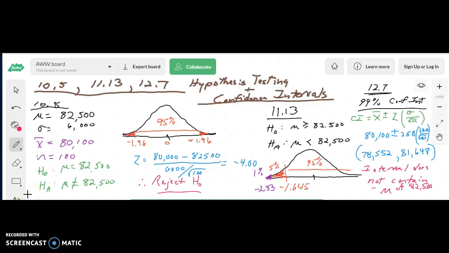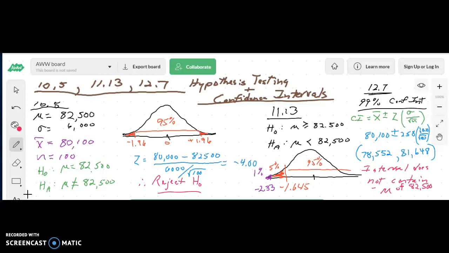Well, for this screencast, I am looking to help pull together the topics from 3 different chapters in our text here. In chapters 10 and 11, we were introduced to hypothesis testing. And in chapter 12, we were introduced to confidence intervals. And I'd like to take a look at one problem from each of the chapters,